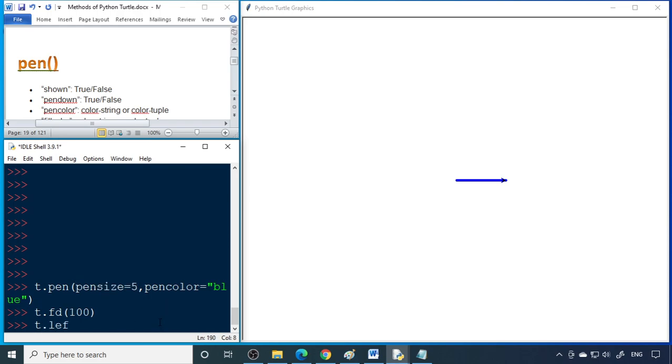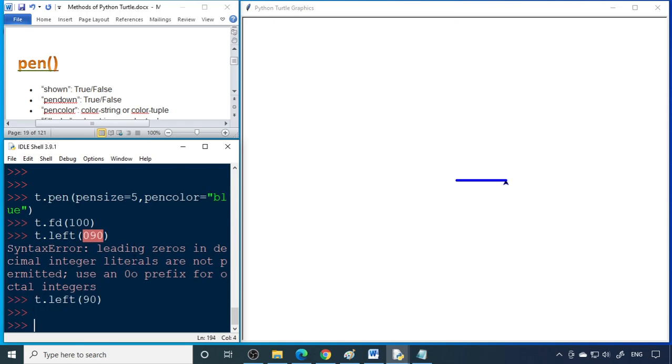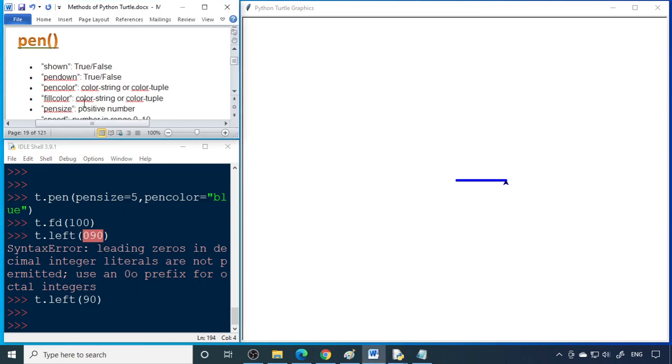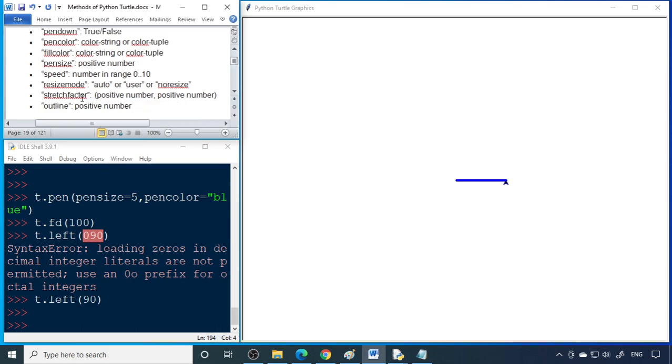So I can say t left 90. There's pen down, pen size, speed also you can set.